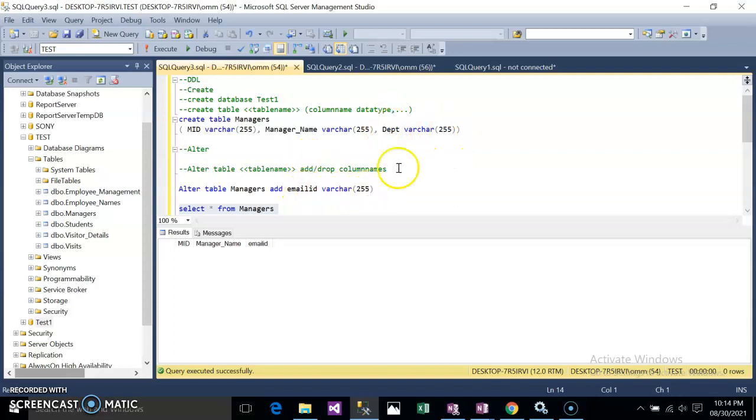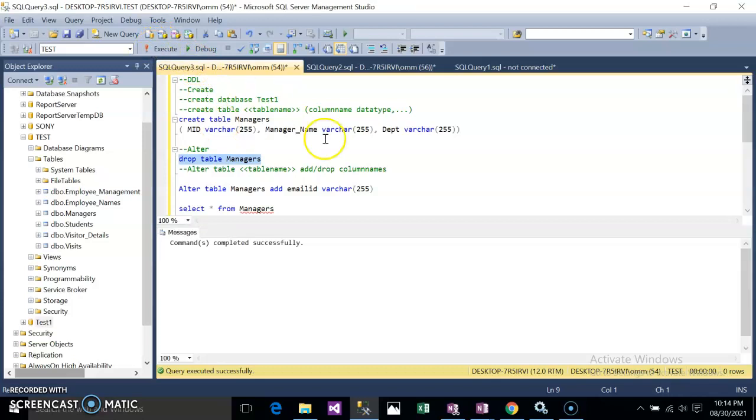Let us create, as actually I have used alter table, so that's why it is coming like that.